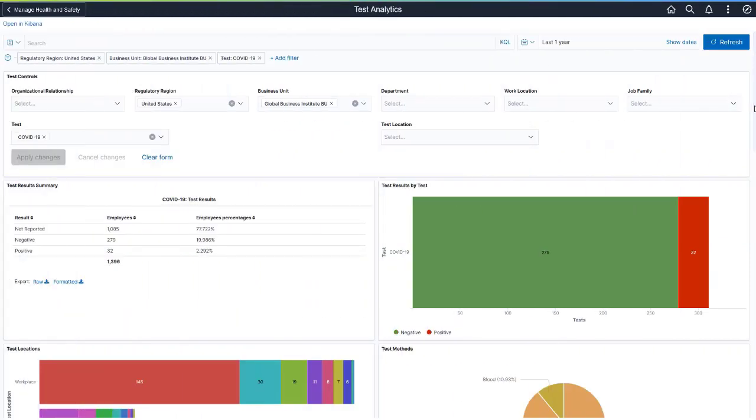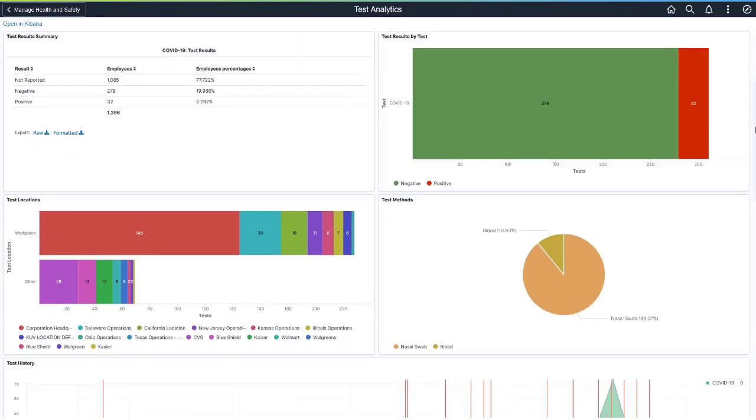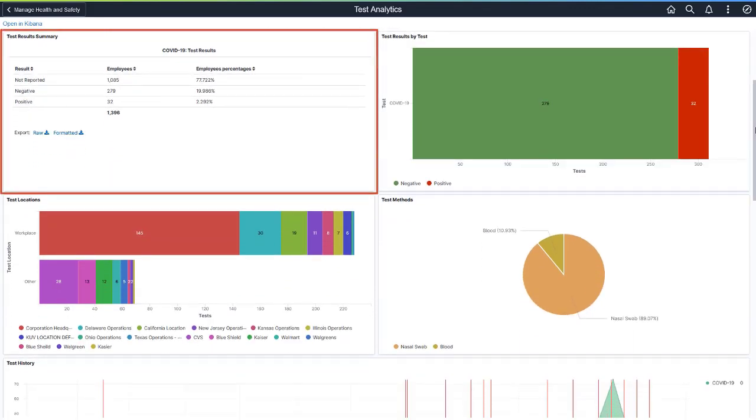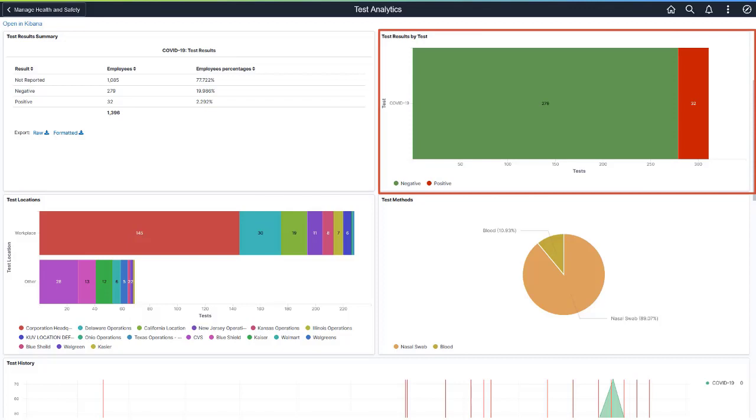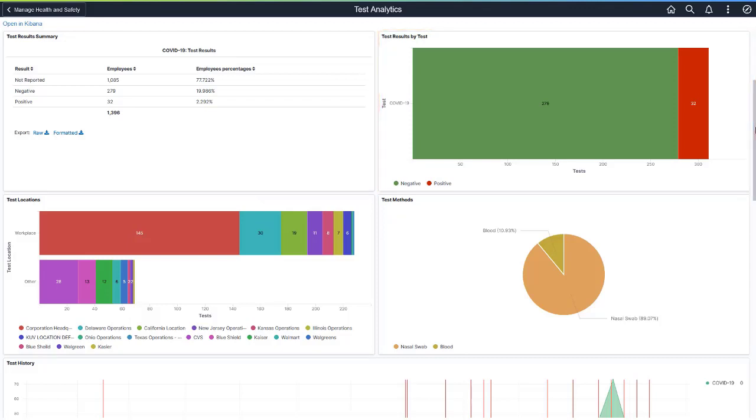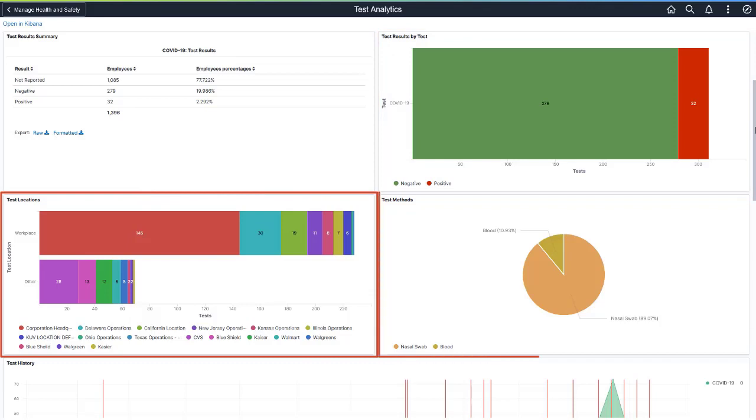The Test Analytics dashboard enables health and safety administrators to view and analyze employees' medical test results. The Test Results Summary grid displays the number of employees and employee percentage by test result for each test included in the display. Visualizations provide different views of the data. For example, you can view the number of reported results for each medical test by test result, test location, test method,